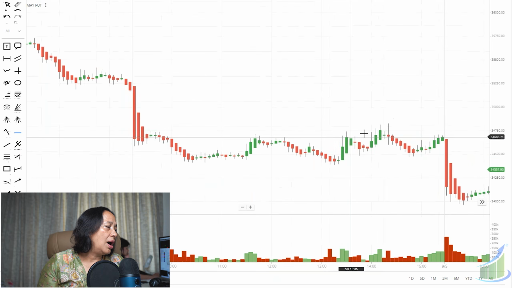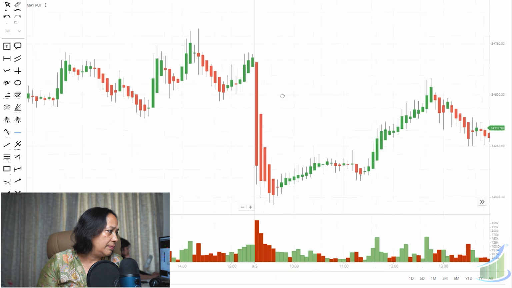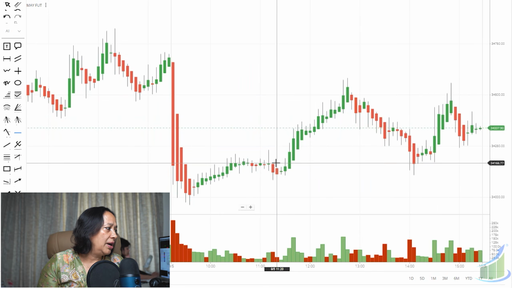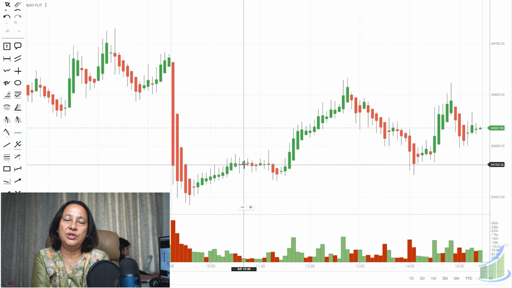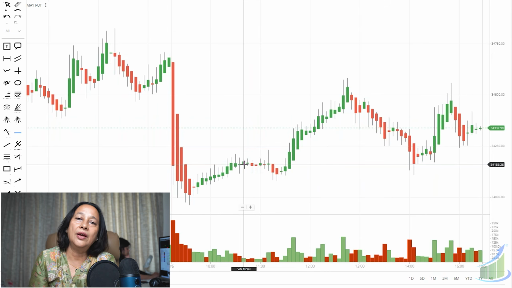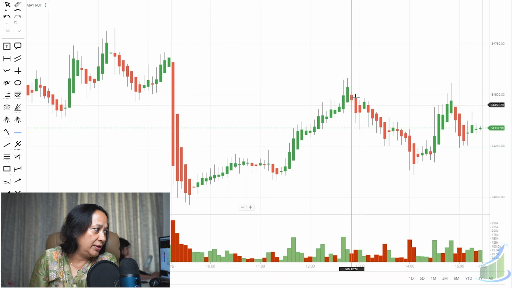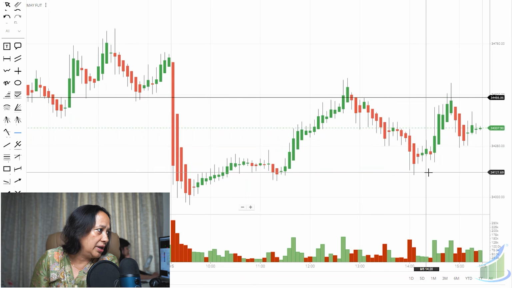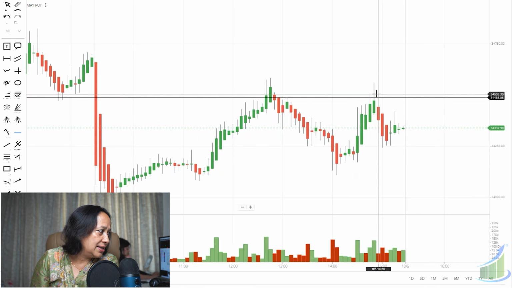So this is how I have traded today. I have traded multiple times in Bank Nifty. I haven't bought calls, because my mindset looking at the option chain was negative, so I waited every time for a negative doji, a red doji, a flathead candle, and I would short. Right, this is where I shorted, and this is where I shorted. Twice I have shorted, and I have made good money.